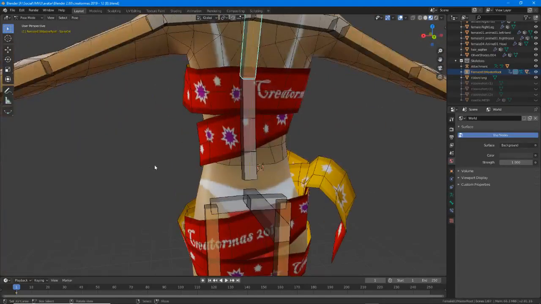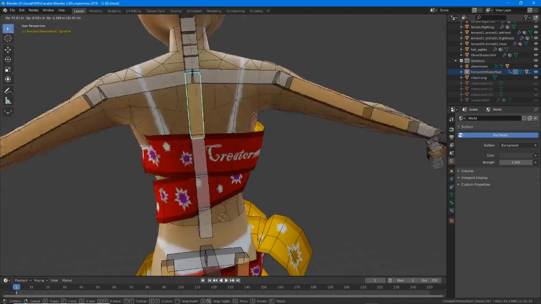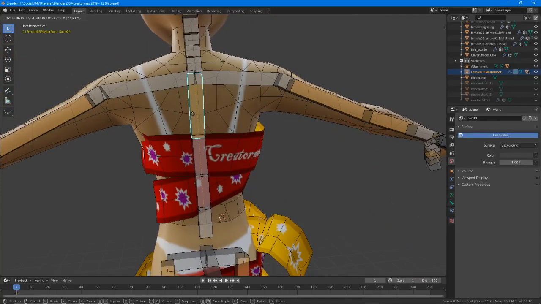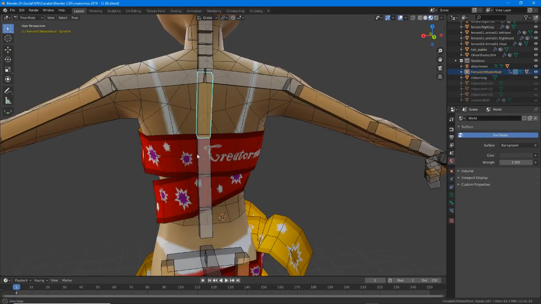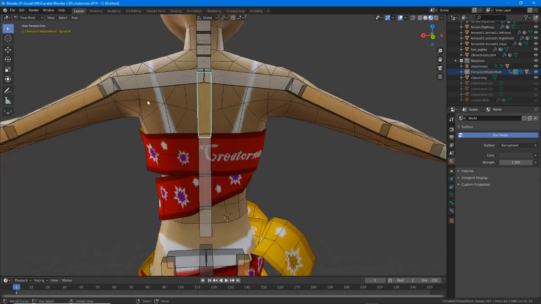So that's it. It's important from the point of view of ensuring that your products work properly in IMVU, or they deform as they should do in IMVU,